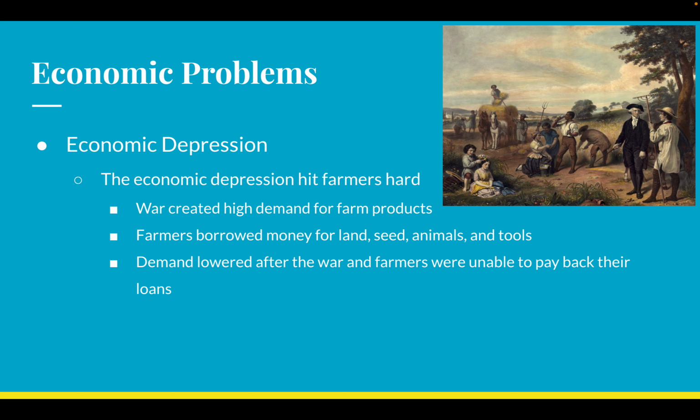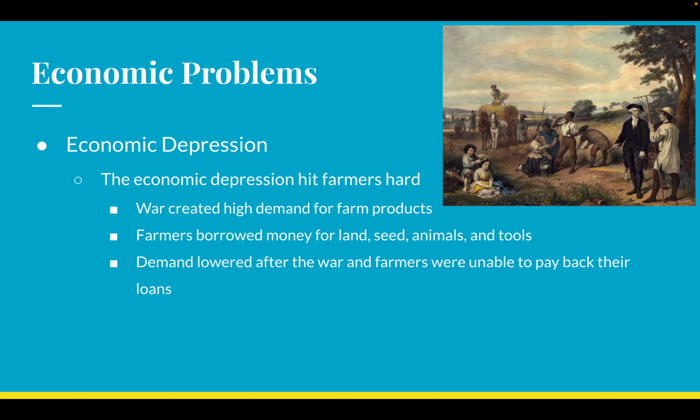And here's why. During the war, we need to do all the normal things we do, and we need to fund and feed and clothe and produce things for a giant military, which means more farm products. So if you're a farmer during the Revolutionary War, you're not just making corn or whatever for people. You're making it for the people and you're making it for the army, which is great, right? Like you're going to see more profits during this time period because you have to make more stuff.